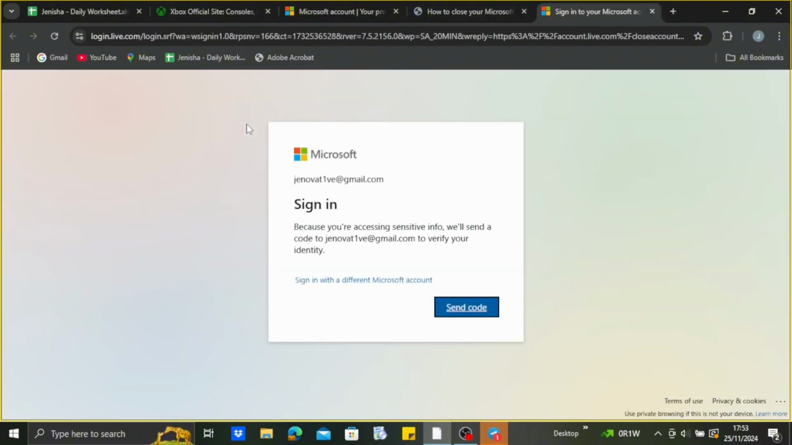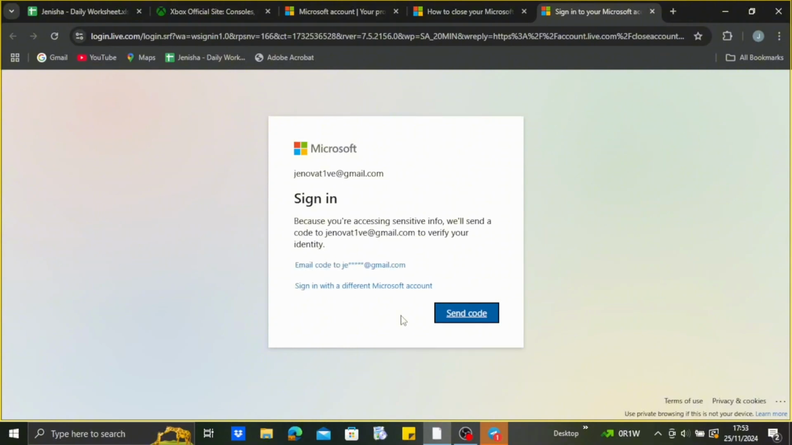You can see this blue box with close account. Simply tap on it, and what you need to do is simply go on with the process of deleting your account by entering the verification code that you'll be receiving on the email account that you used in order to create your Xbox profile. So therefore, just go on with the process and you should be able to delete your